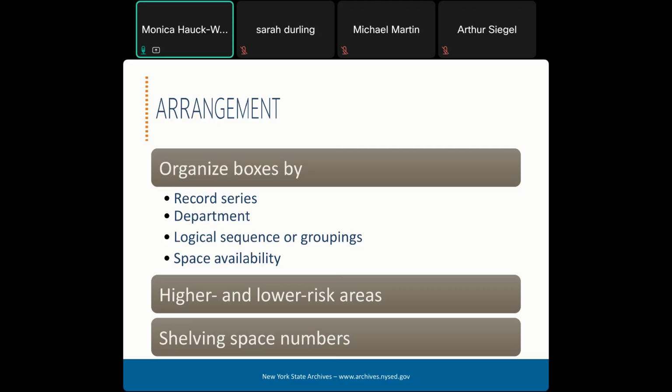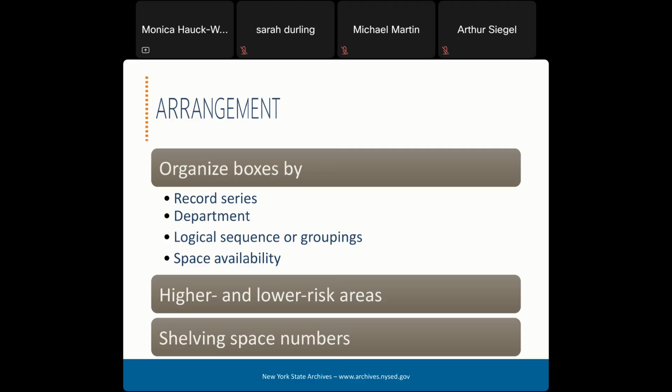There's also the fact that distributing records across the entire storage area makes it difficult for those not familiar with the space to identify and access protected content. Like if all the personnel records are together, I can walk right over to the personnel records. If the personnel records are scattered all over the place, I'm not going to be able to find the box I'm looking for unless I'm authorized to find that box.